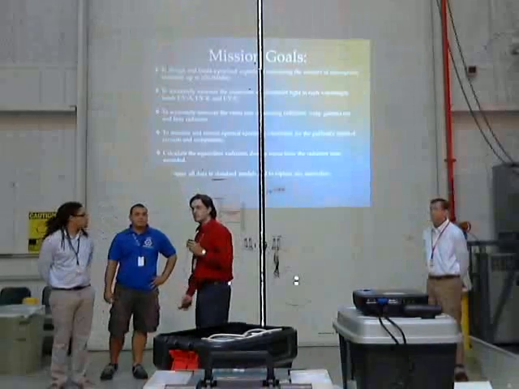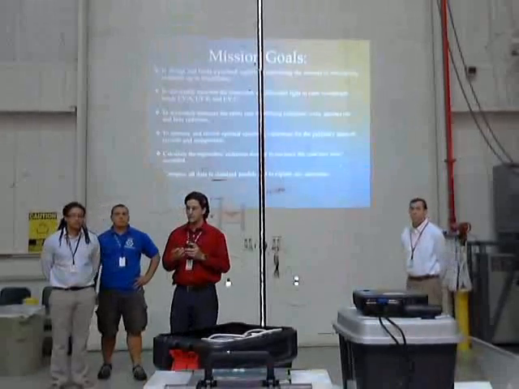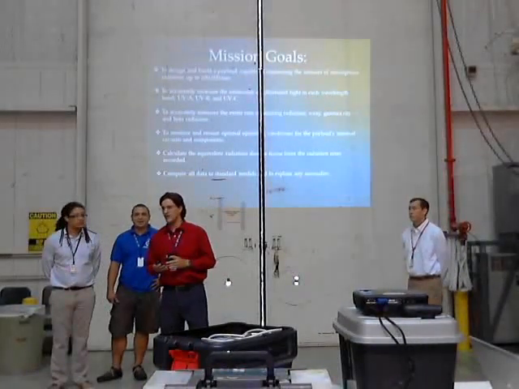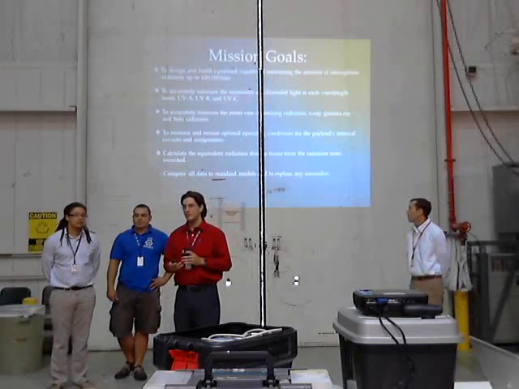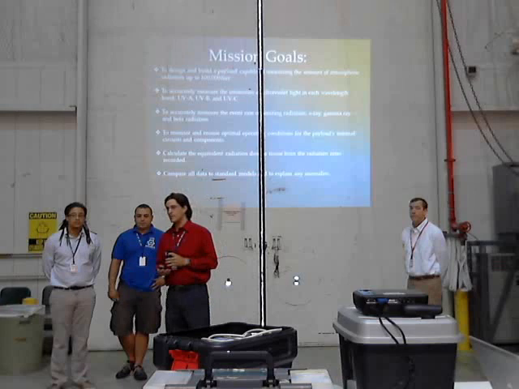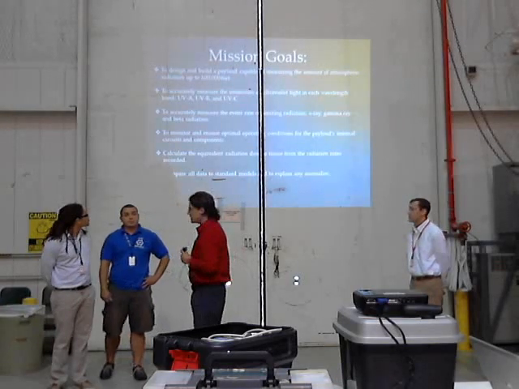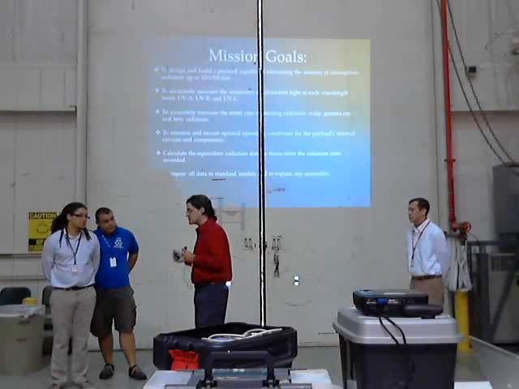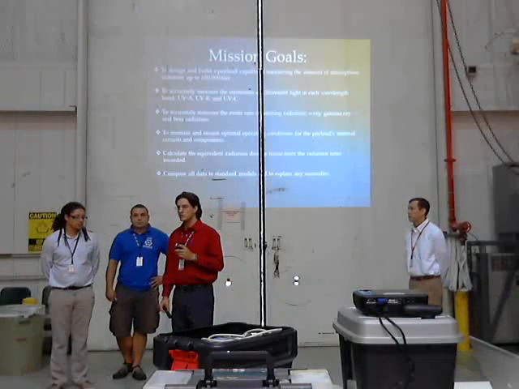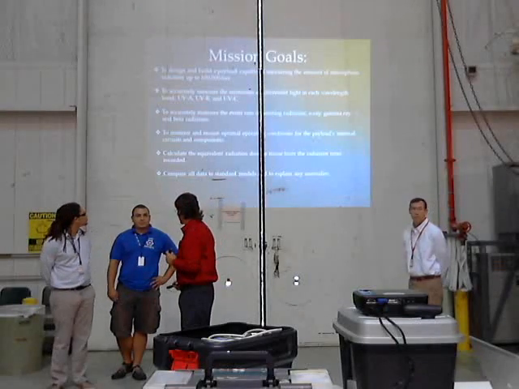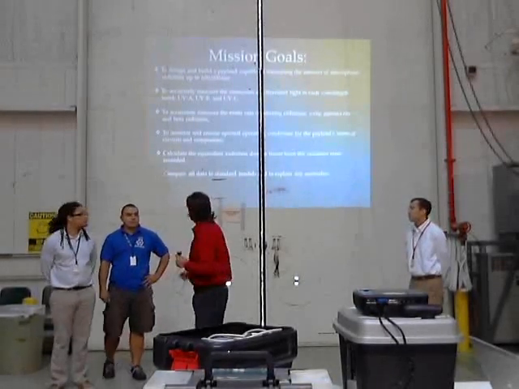Okay, so our basic mission goals were to make sure that the flight goes up 100,000 feet. Pretty basic to everybody. The next one is that we could measure in all bands: UVA, UVB, UVC. I'll go through all of these bands in just a moment. We also needed to accurately measure, without too much interference, the cosmic radiation through Geiger tubes and the spectral energy bandwidth. Energy bandwidth, I'm sorry.